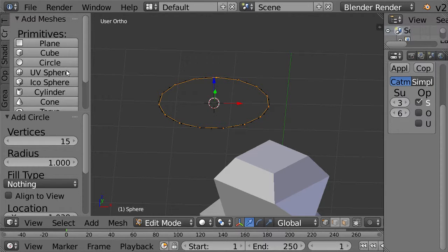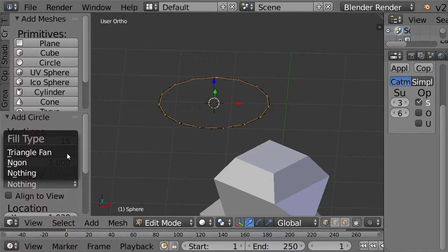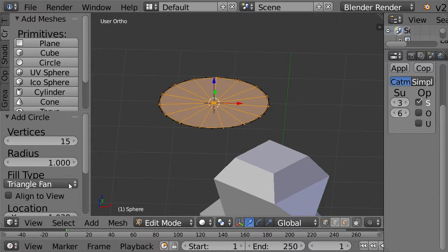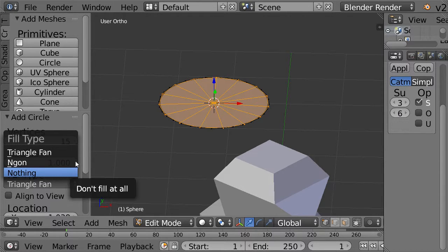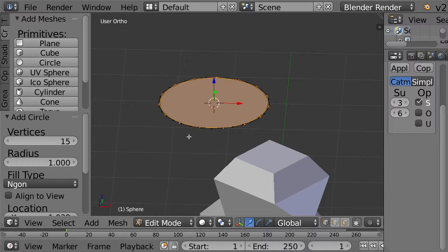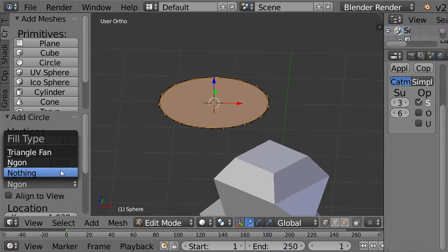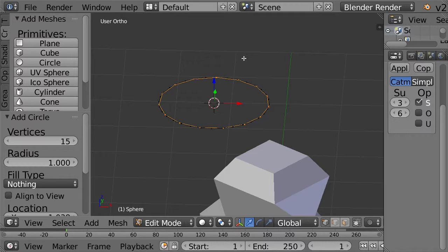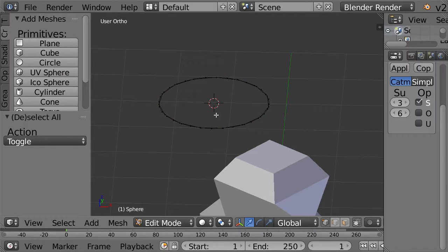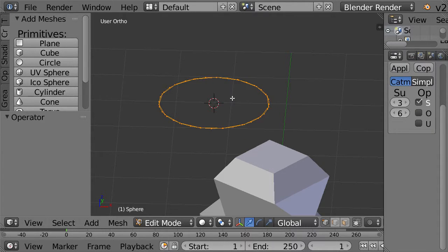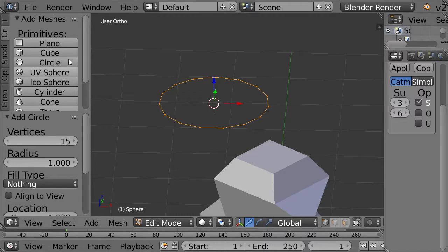So, what if we wanted to have 15 points along the circumference of the circle? But not only that, what if we wanted them to come together at one point in the middle? And by doing that, we would select a triangle fan on the fill type. Or maybe we want the N-gon, which just fills it. I don't know what else that does. But I'm going to select nothing because I really don't want that right now. So, oops. I'm going to click undo on that. Now that we have our circle, and it's got 15 points on it,